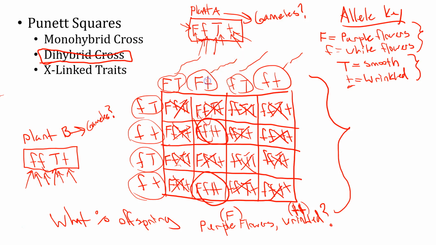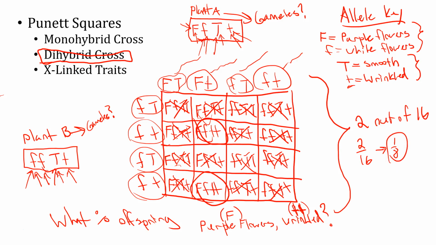If this sperm met this egg, we would get that combination, or if this sperm met this egg, we would get that combination. So that is 2 out of 16 possibilities. When you consider that probability, what percentage of the offspring will have purple flowers or be wrinkled? That would be 2 of 16, which is the same thing as 1/8,